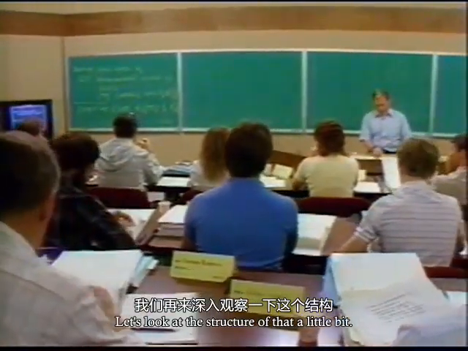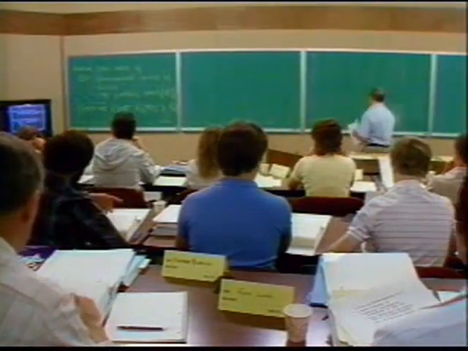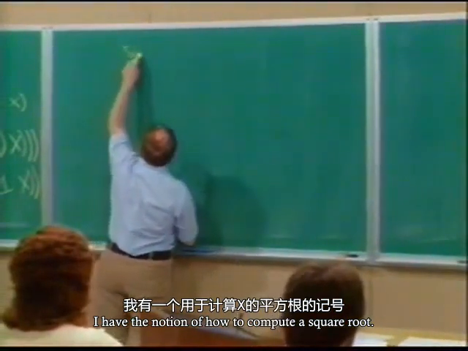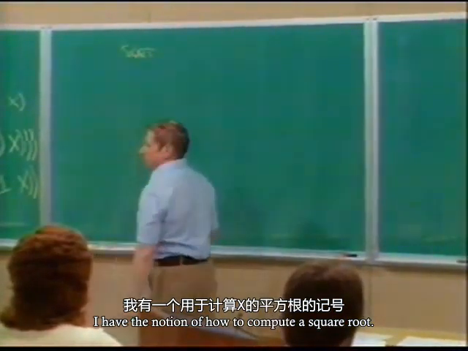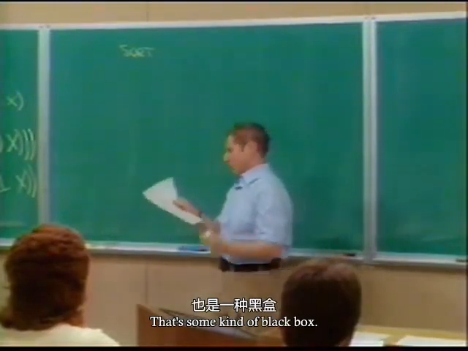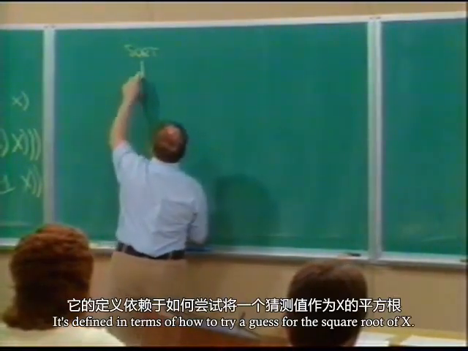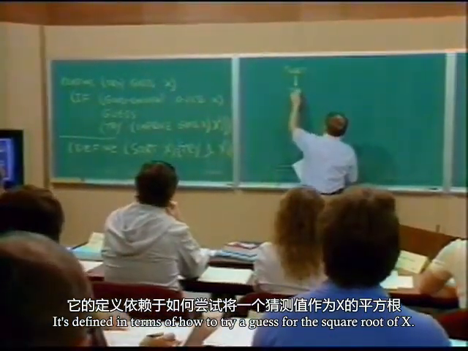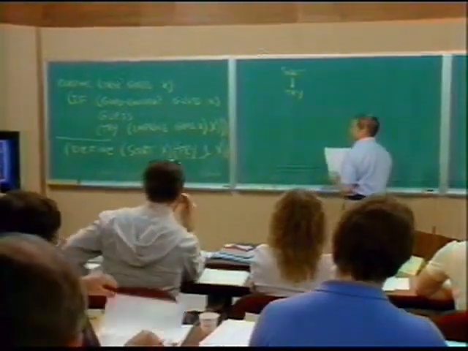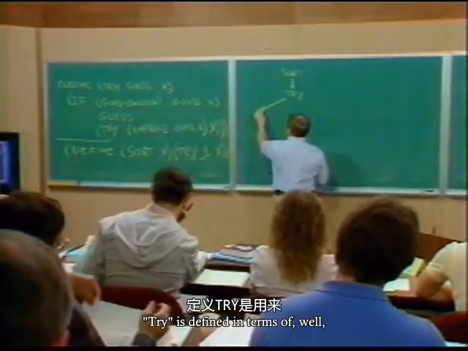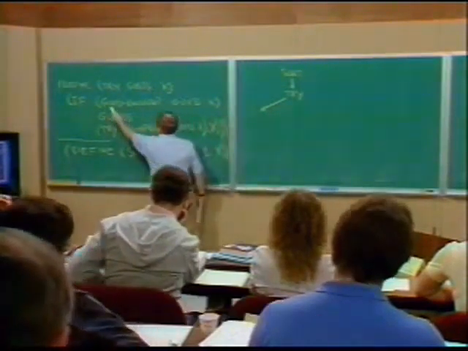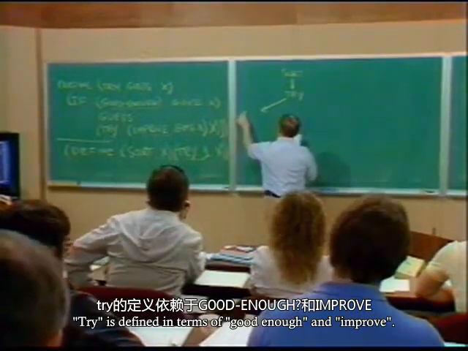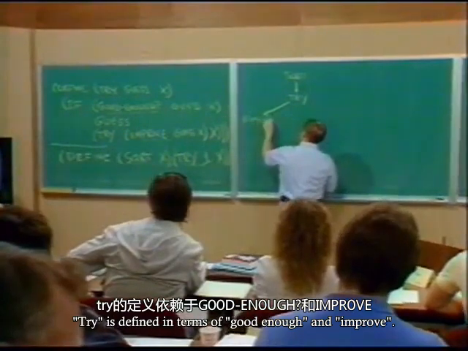Let's look at the structure of that a little bit. I have the whole thing. I have the notion of how to compute a square root. That's some kind of module, some kind of black box. It's defined in terms of how to try a guess for the square root of x. Try is defined in terms of, well, telling whether something's good enough and telling how to improve something. So try is defined in terms of good enough